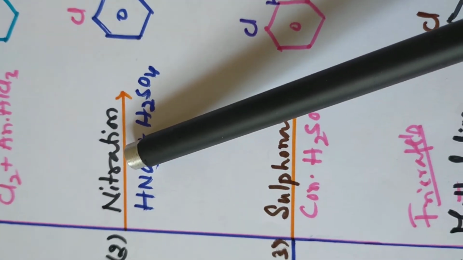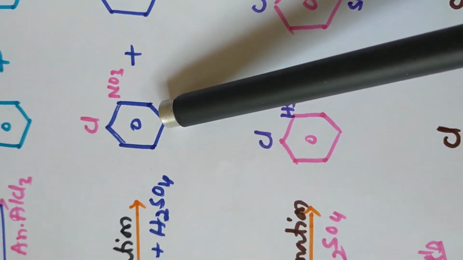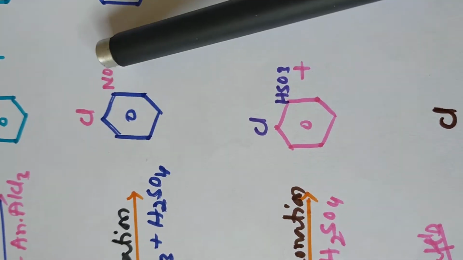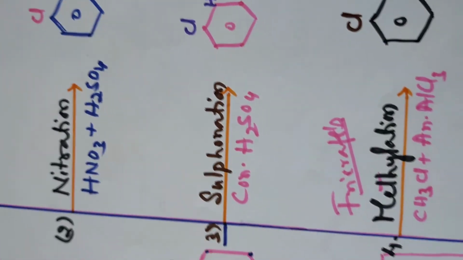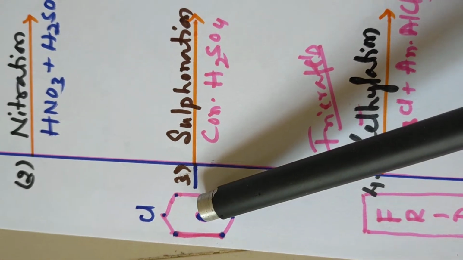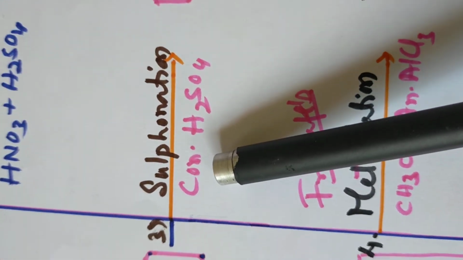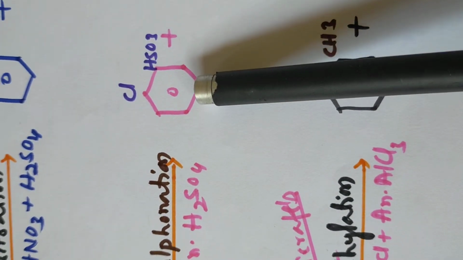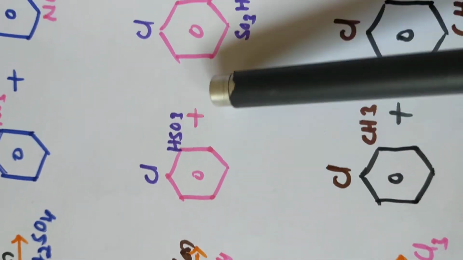Chlorobenzene with nitration. Chlorobenzene plus nitric acid plus sulfuric acid forms ortho nitrochlorobenzene and para nitrochlorobenzene plus water. Again the same type, chlorobenzene in a sulfonation reaction is treated with concentrated sulfuric acid and forms the HSO3 compound, ortho sulfochlorobenzene and para